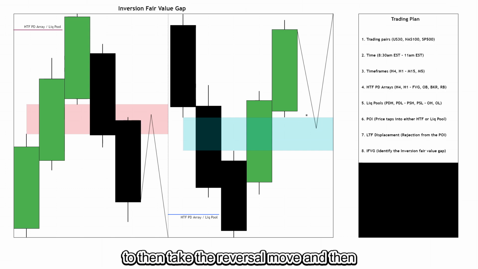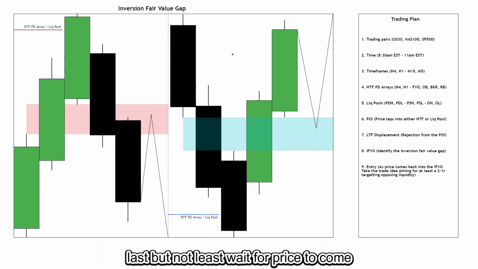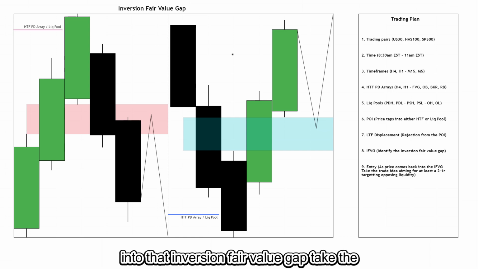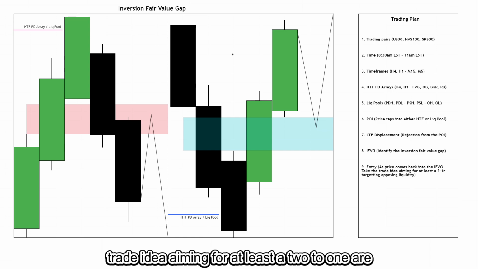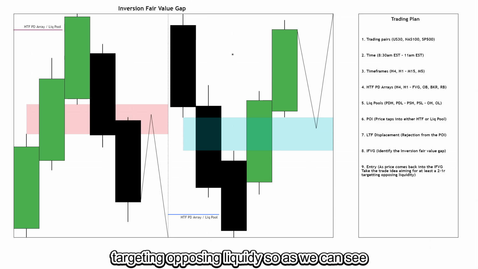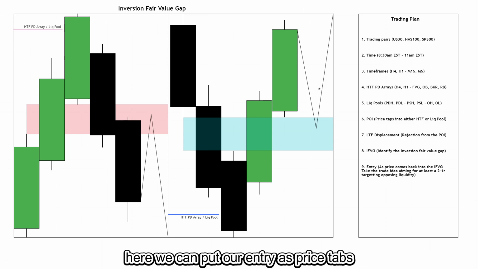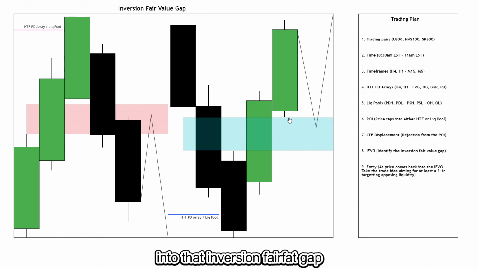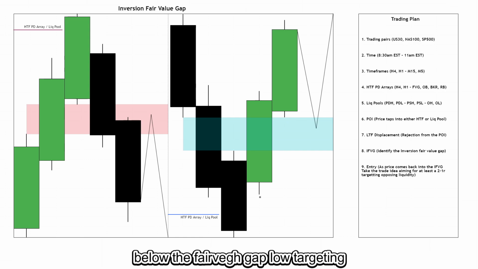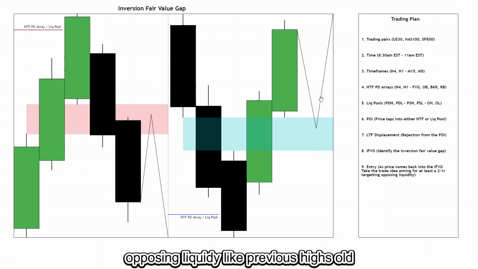the reversal move. And then last but not least, wait for price to come into that inversion fair value gap, take the trade idea, aiming for at least a 2-to-1 R, targeting opposing liquidity. So as we can see here, we can put our entry as price taps into that inversion fair value gap, stop loss below the fair value gap low, targeting opposing liquidity like previous highs, old lows, for at least a